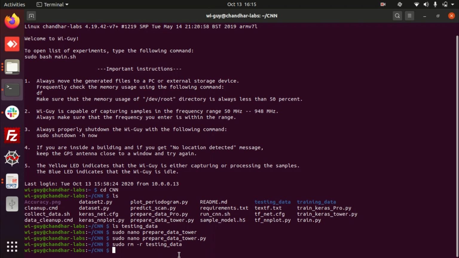Similarly, for LTE we are going to operate on the LTE 850 band. It occupies LTE band 19 of the standard regulations. So today we are going to use a standard frequency of 883 megahertz or 884 megahertz for the LTE signals. The third signal we are going to use is the GSM signal. For GSM, the downlink frequency is 935 to 960 megahertz and the uplink is 890 to 915 megahertz. We are going to use the downlink frequency of the GSM, so 935 to 960 megahertz.